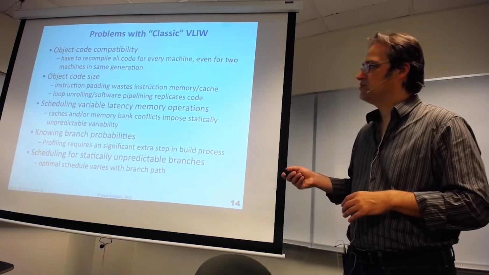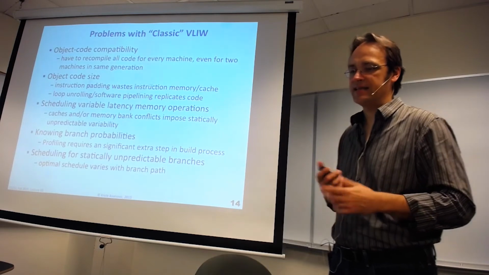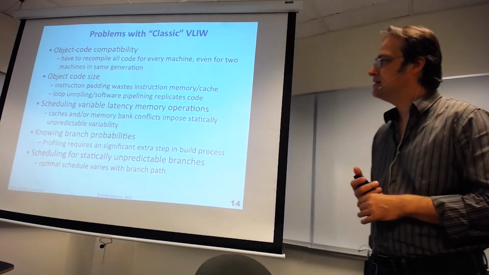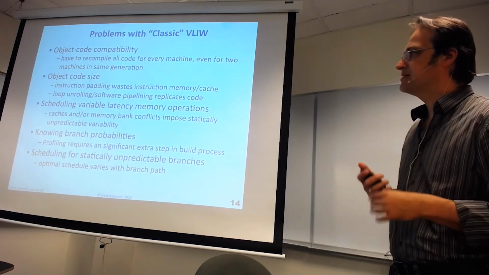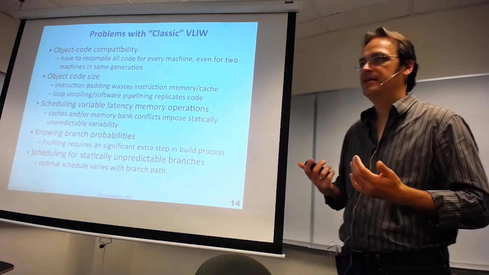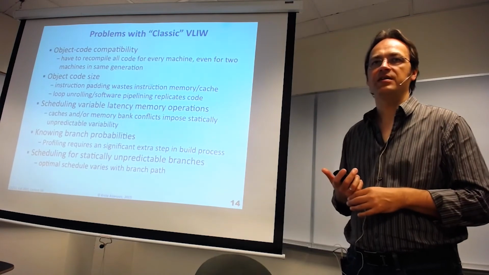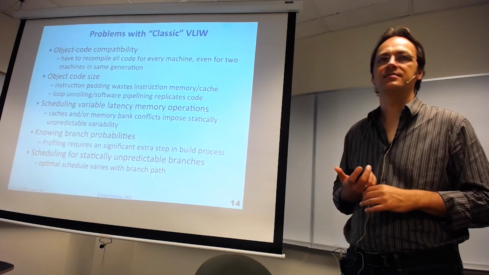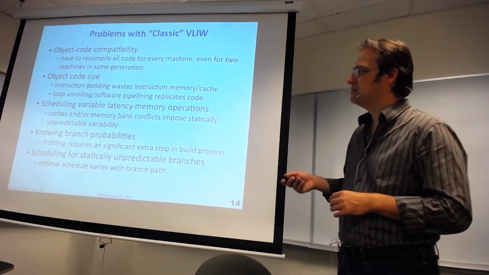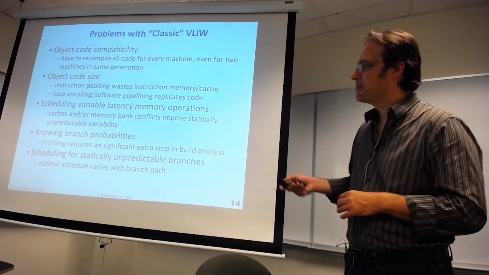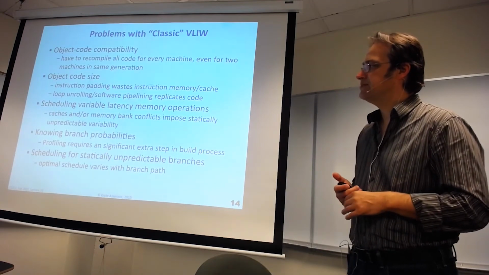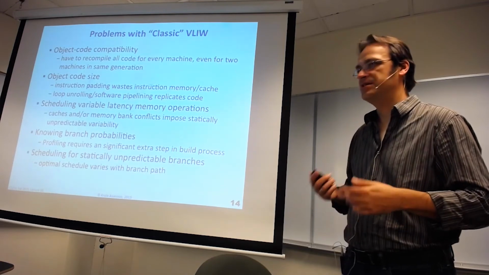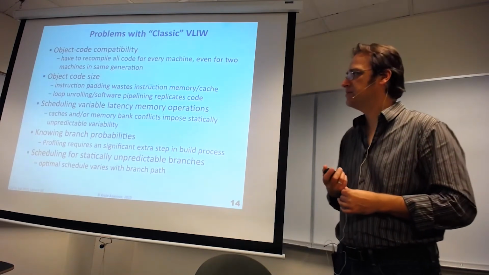Another big problem is this all relies on the compiler knowing statically the latency of all the operations in order for it to do the scheduling. And in practice, caches and memory bank conflicts give you unpredictable variability, things you just cannot predict statically because they depend on the data that the program is running on. So that makes it hard for the scheduler to do a good job. Branches in particular: a lot of branches are predictable statically, but there are enough that are not predictable statically that it's a significant problem